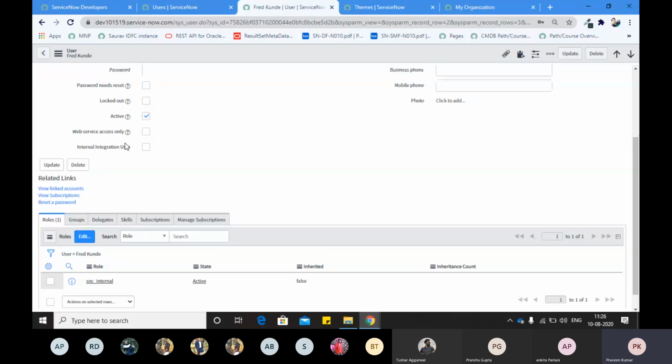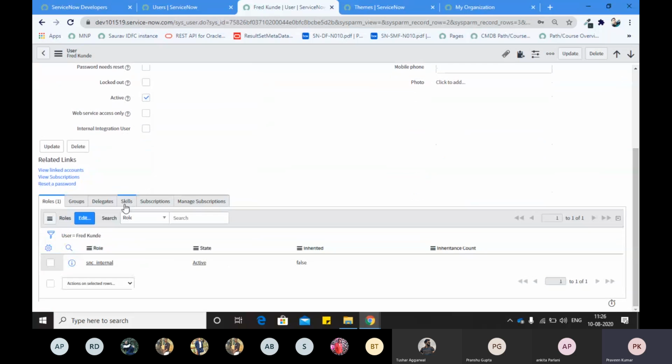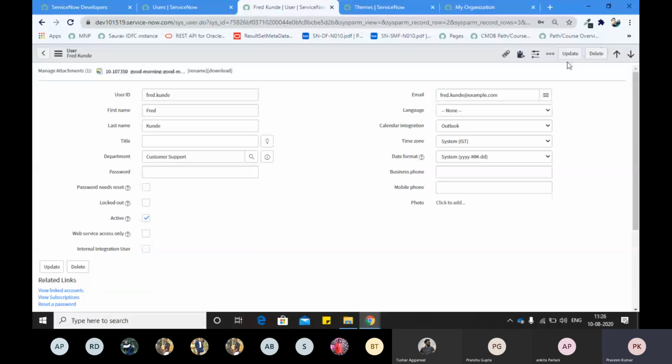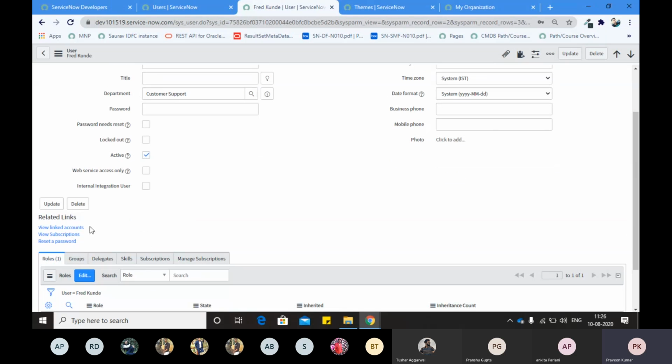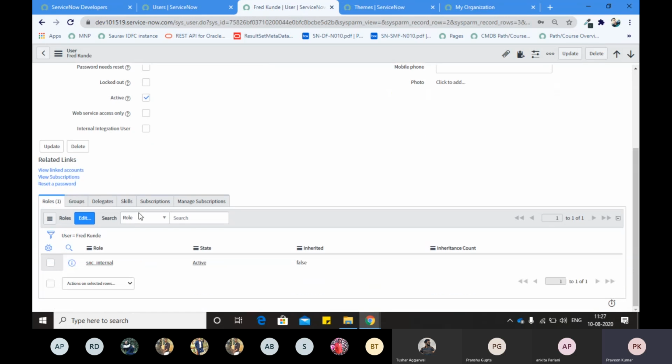Now, we have opened this form, and you can see those two buttons coming here. Some more things will come as related links on the form. What those related links are will come later, but you can understand them just like buttons: they perform some particular action as soon as you click them.